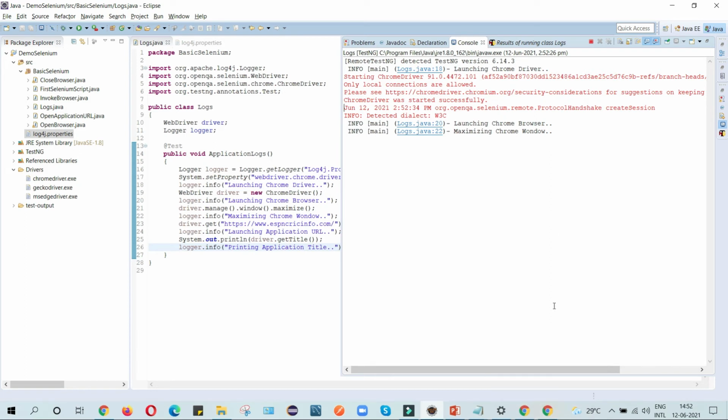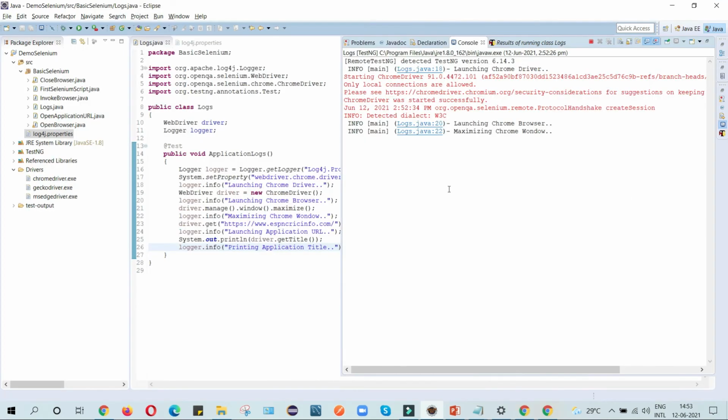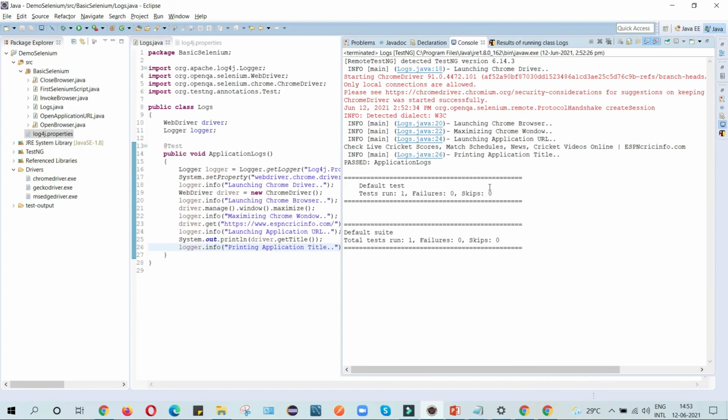Let's wait for the next. Yeah, it's showing launching application URL. It prints the title, and it's showing printing the title. So everything is according to our written script.